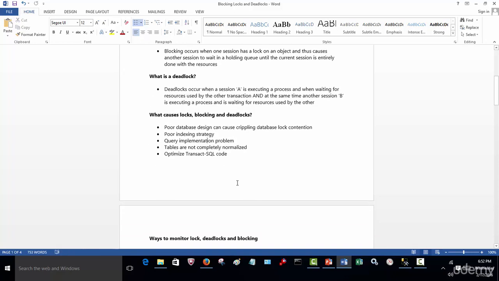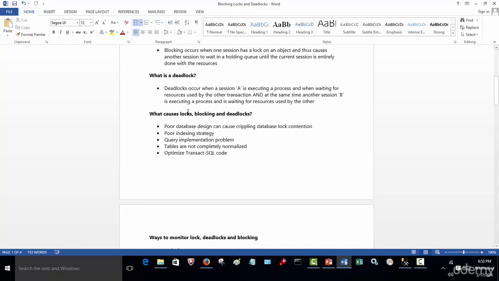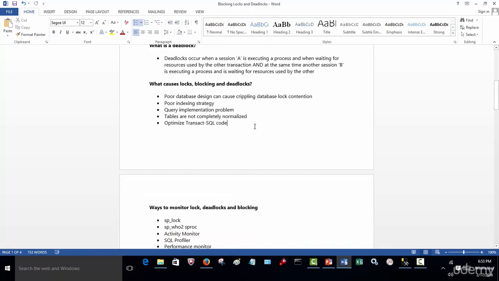Now, what are some of the causes for locks, blocking, and deadlocks? Well, obviously, it all starts, unfortunately, with poor data design that can cripple contention. So if it's poorly designed databases, now I'm not going to get into what constitutes poorly designed databases because that's an entirely different subject. But some of the things that we have seen is poor indexing strategy, tables not being normalized, and unoptimized T-SQL code. So when the developers design code, databases, and stored procedures, that is what we're talking about, poor design